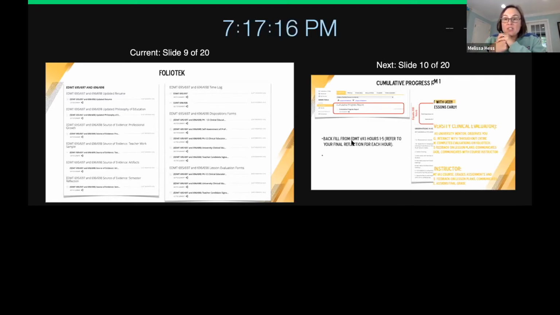And it depends on if you're option 6 or not. Quite honestly, for our Canvas course and for Folio Tech, everyone does exactly the same thing. So it doesn't really matter which one of the classes you are logged into, which ones you have registered for. And you can see on Folio Tech and on Canvas, we put it all together.